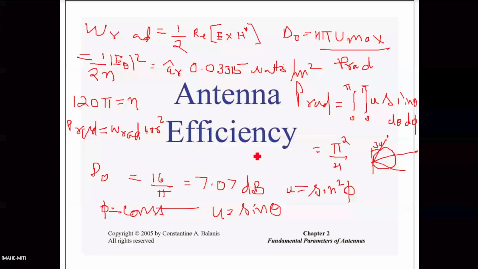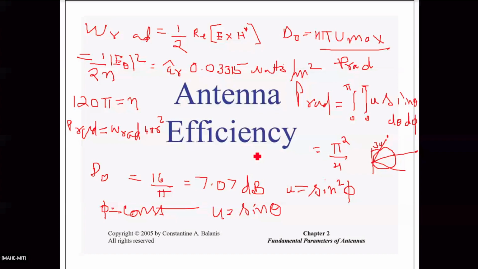Instead of saying theta is equal to 0 to pi by 2, they may also say the pattern is a unidirectional pattern, a unidirectional cosine pattern, cos cubed pattern. If they say unidirectional, that means theta is equal to 0 to pi by 2. Here it is given theta is 0 to pi by 2, so it means a unidirectional pattern. So solve this.